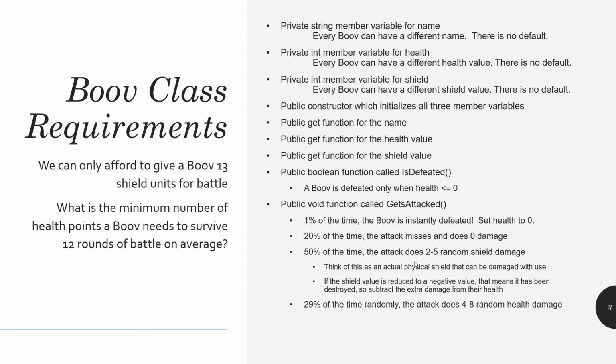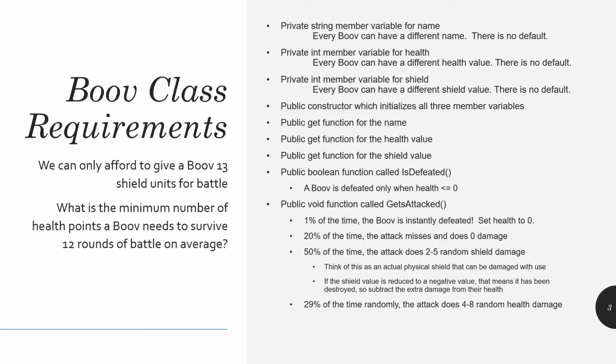We're going to create a Boov class that has these requirements. So this is object-oriented programming, part 1. We're going to be using data hiding and encapsulation ideas when it comes to setting up this Boov class and using it. So there are 3 member variables for this class called Boov. There is a string for the name, an int for the current health value, and an int for the current shield value. And there are no default values,